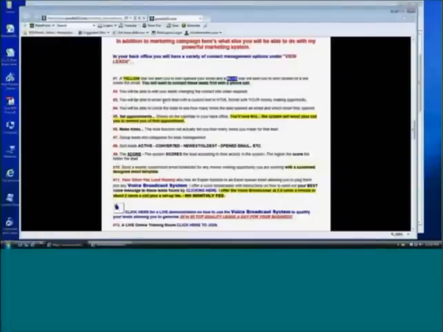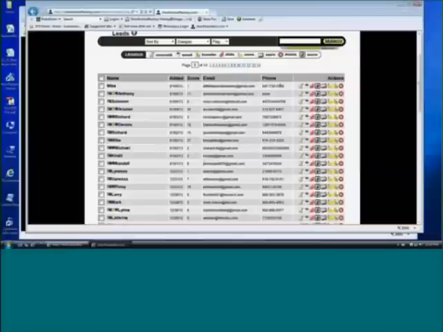Okay, number 3, you'll be able to email each lead with a custom text or HTML format with your money-making opportunities. So, let's see, where's my email? Email lead right there. See that little box there? You can email that lead. Short little update, say, hey, Anthony, and you can go through the system. Or I like doing this a little bit. I like just copying the email address and putting it into my Gmail account, and I like to email that person if I want something special I want to talk to them about. I like to do it through Gmail. I don't like doing it through the system,